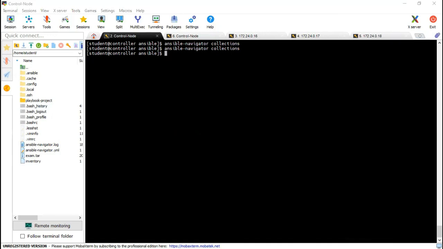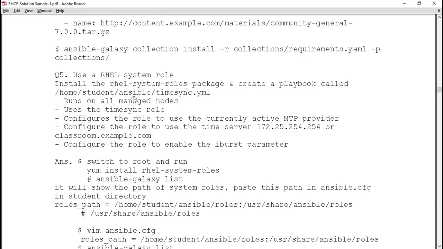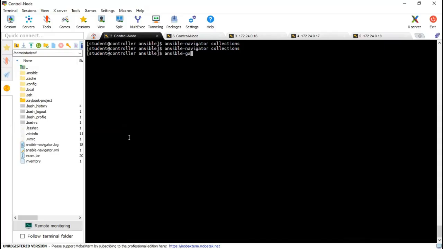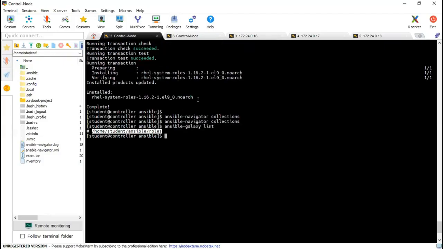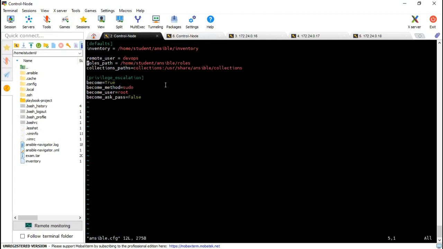Okay, then come back to the question. So where is it? System roles. We have installed the package. Now, once we install the package, let's try to see ansible-galaxy list. You will not be able to see any of the roles at this moment, right? But we have installed the roles there. Why are we not able to see any of the Ansible roles? Because in our cfg file, we passed the path ansible/roles, right? So we need to pass the path of that role,